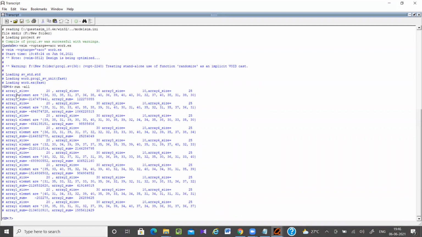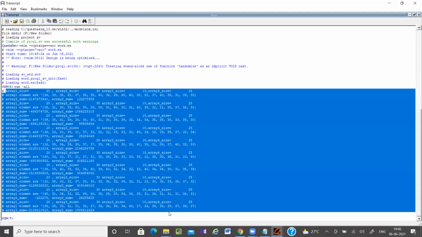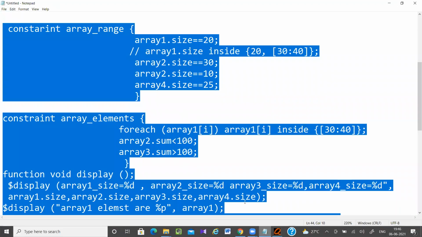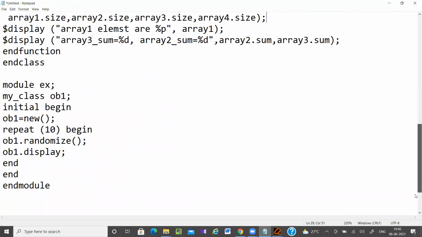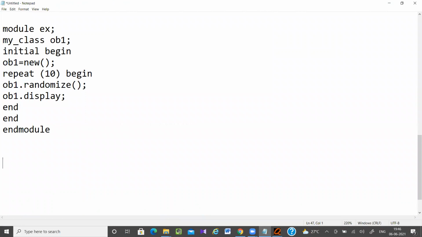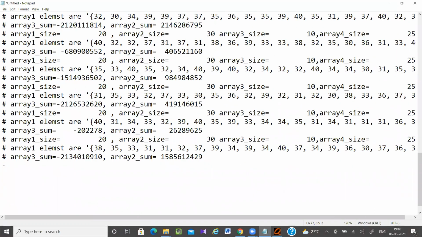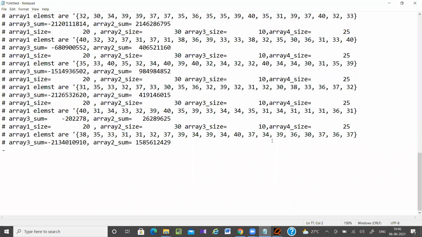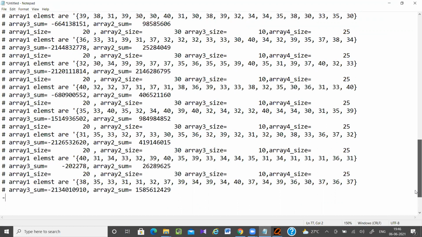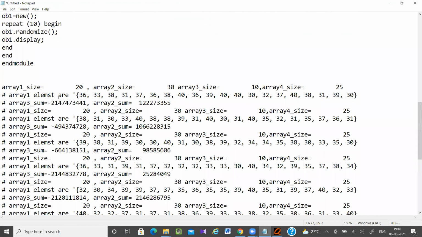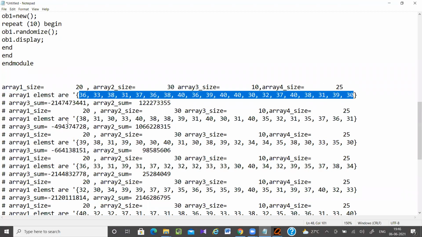Okay, now you can see array 1 sizes like 20, 30, 10, 25, and the elements are between 30 to 40.